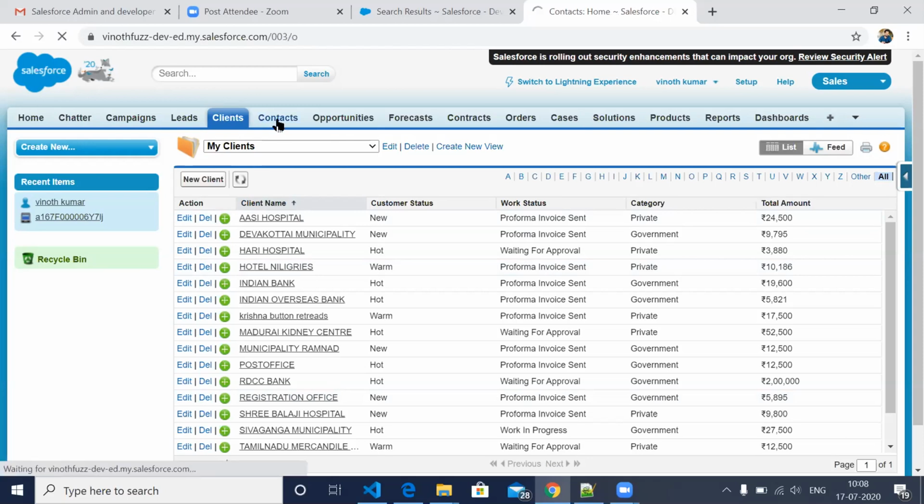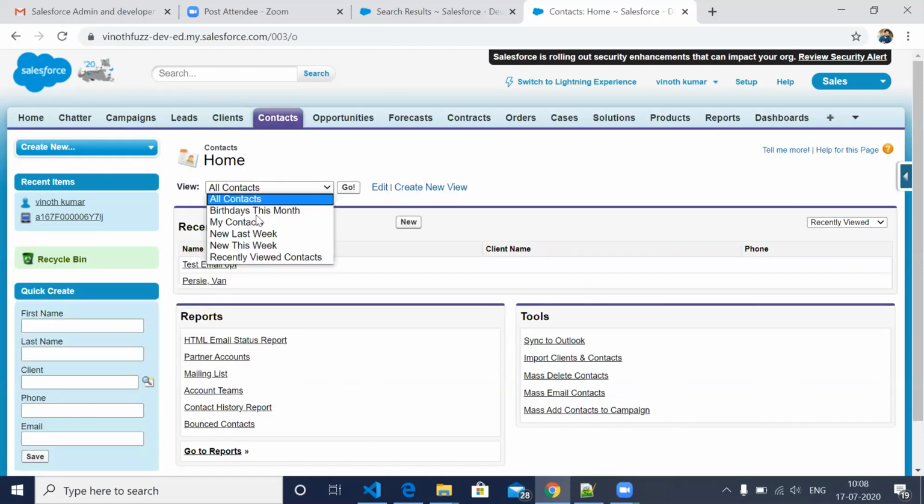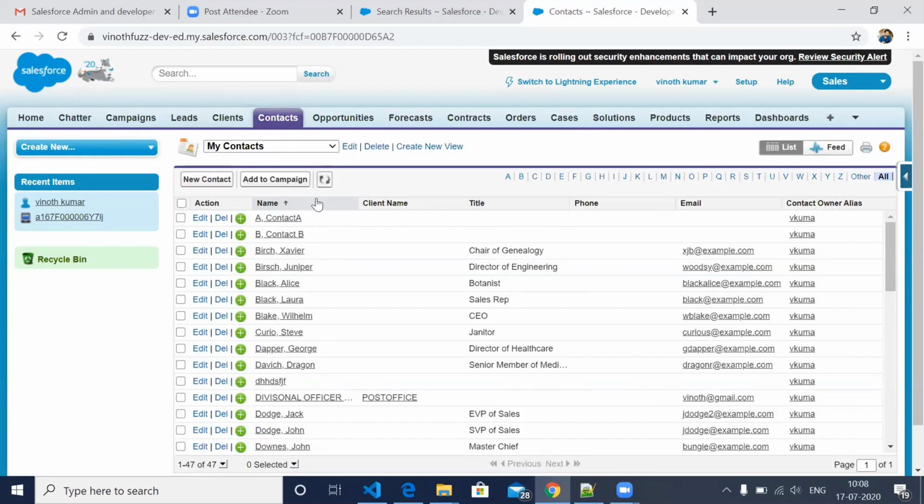If you click any tab, you will see contact names. So here you have different columns. So these are different things. Everything here is a tab, and the object it's having.